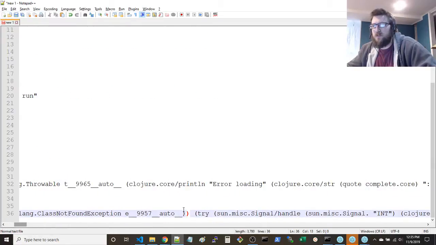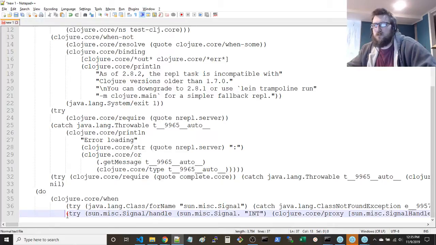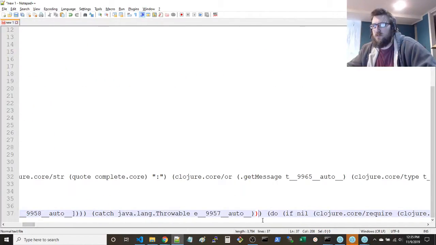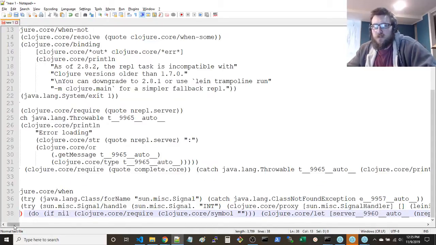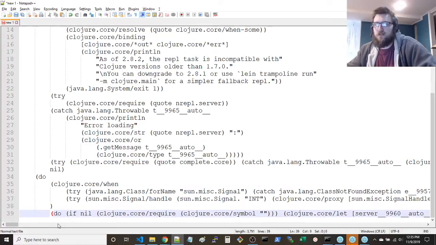And then underneath this is another try. Looks like this is the end of the when. There's a do.